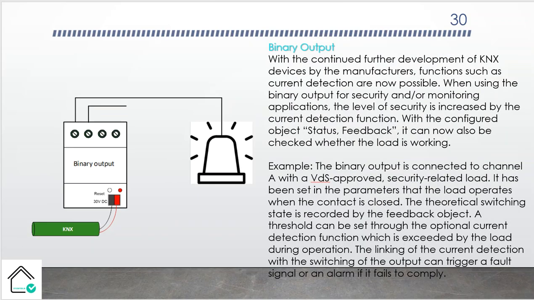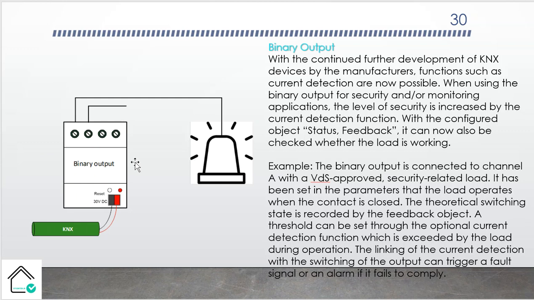Okay, so binary output to activate the flasher. With the continued further development of KNX devices by the manufacturers, functions such as current detection are now possible. When using the binary output for security and monitoring applications, the level of security is increased by the current detection function. With the configured object status feedback, it can now also be checked whether the load is working. Also, if you use the status of the relay output, you can make sure that